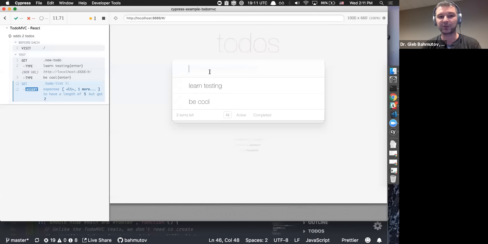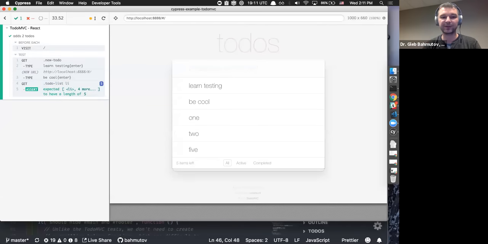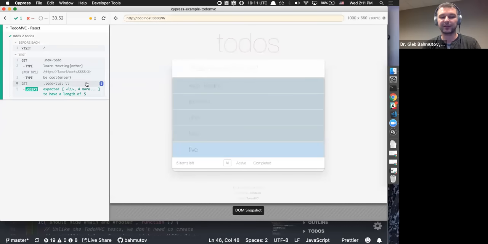So it's a full application running in this iframe. So why don't I help it? So I'm going to say 1. And notice that assertion now prints, I'm looking for 5 elements, but I got 3. Let's say 2. Okay, we have 4 elements. You can guess what happens when I type 5. Boom. All of a sudden, get list items return 5 elements which passed the assertion, and now my test has